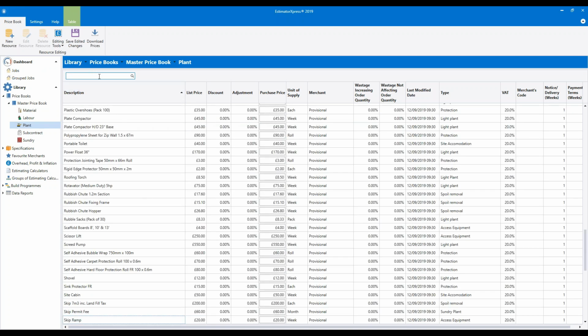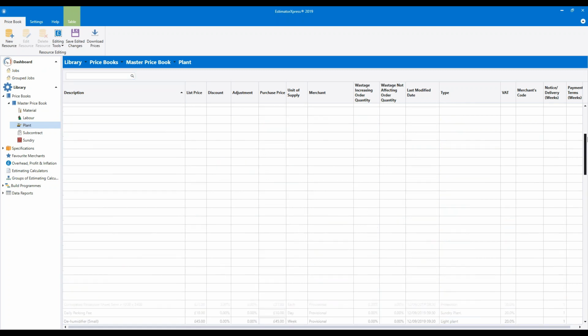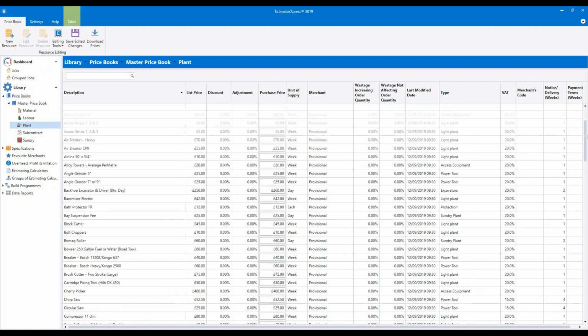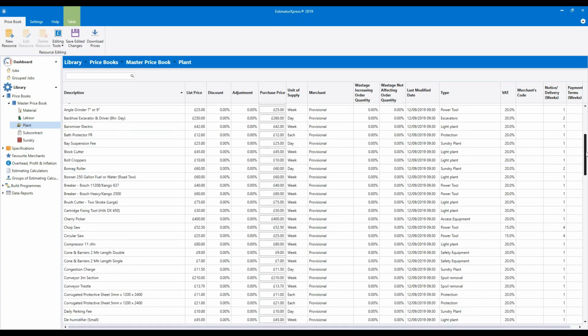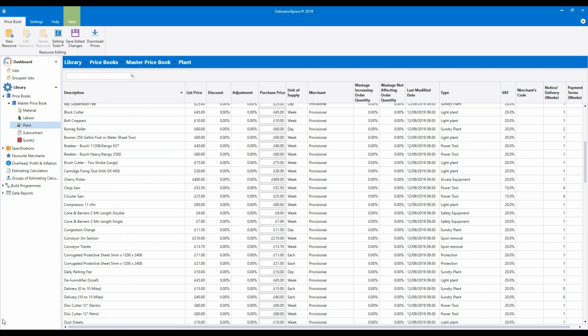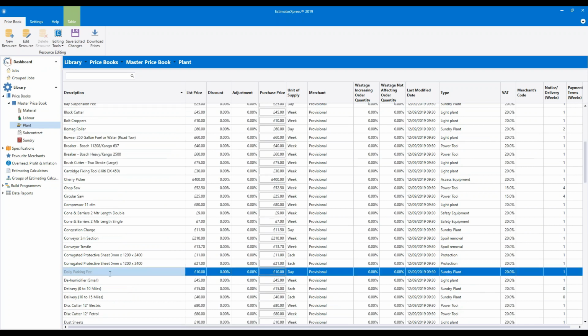And then I just want to point out some items in relation to parking. So I'm just going to scroll back up and see if I can find them in the list because they're ordered alphabetically at the moment. So we've got the daily parking fee. So if you're parking in a city and you've got parking fees, make sure your fee's set up correctly.